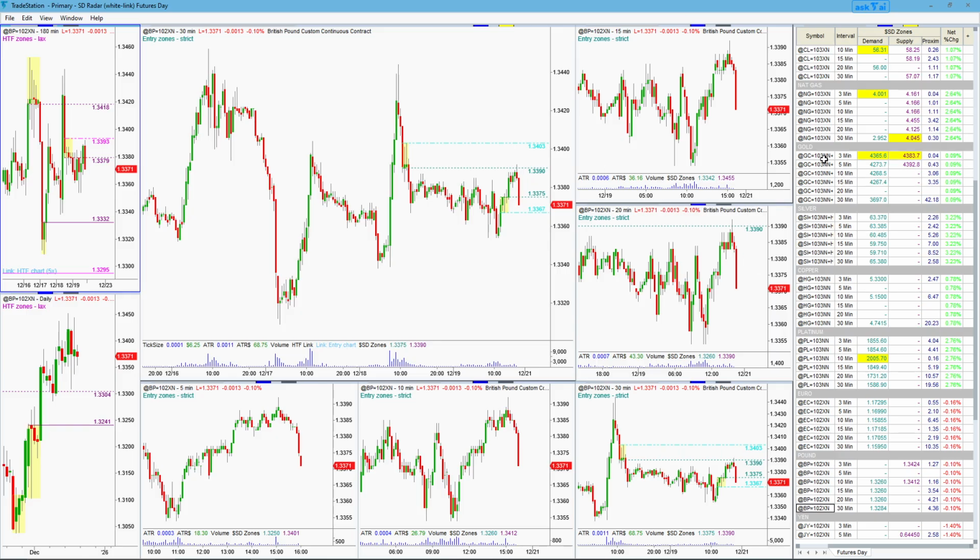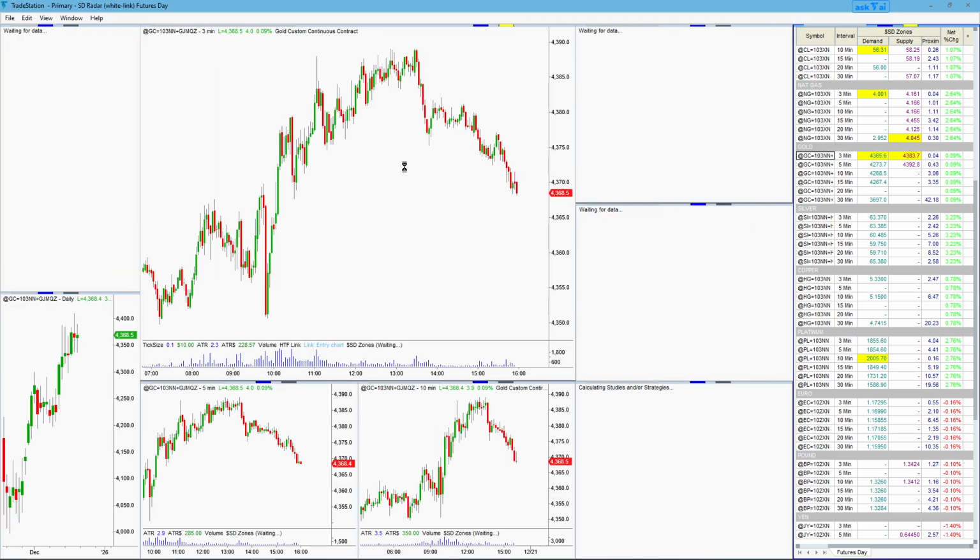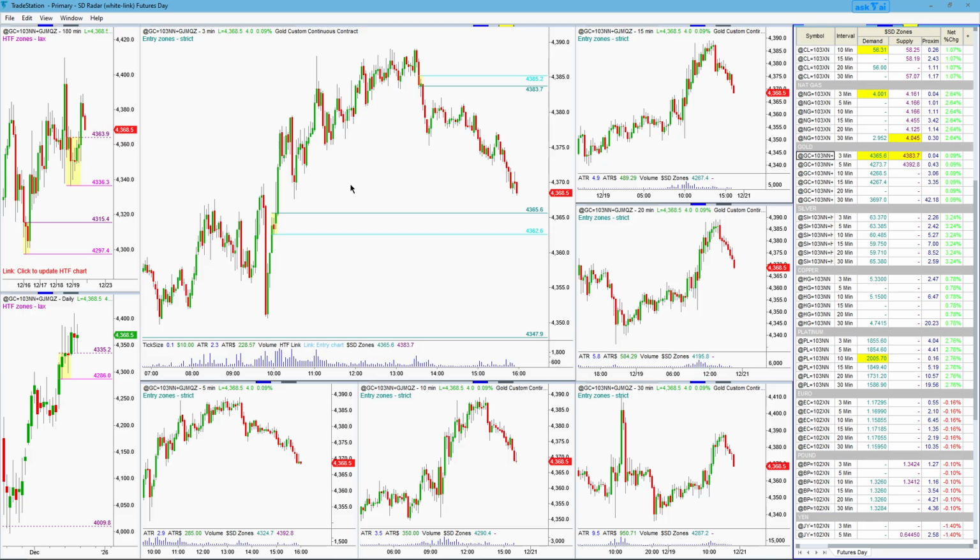We can do that easily. Let's go to a 3-minute gold chart here, and you'll see it probably will do that. And in this case, actually it didn't. What the heck? What happened? The reason is this: because of the symbol linking, TradeStation automatically changed this chart. It reloaded this chart to a gold chart with the 180 interval it had before, and that happened before the